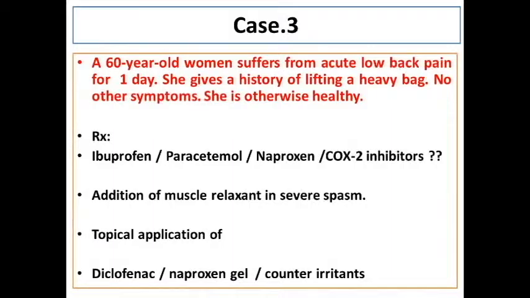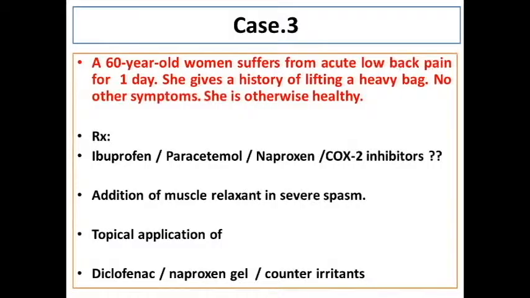But sometimes the muscle spasm is to be relieved. So as mentioned earlier, we need to combine the muscle relaxant with the NSAID. Yes. So combinations of chlorzoxazone, I hope the pronunciation is correct, or phenylephrine or tizanidine with ibuprofen, paracetamol, naproxen can be good choices. So there are various combinations available.